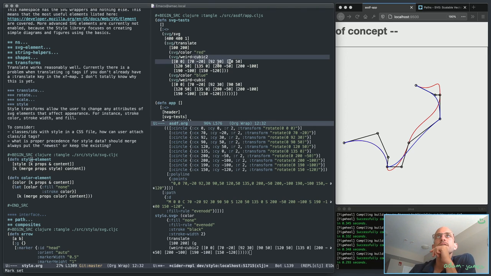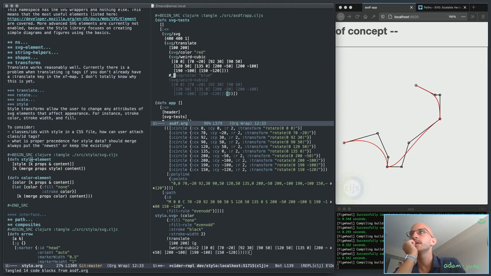Okay, so this here, weird cubic 2. You know what? Let me swap these around. It doesn't matter, but right. So weird cubic is red. We have non-smooth points here, which you can see better here, right? So this is just a bunch of,